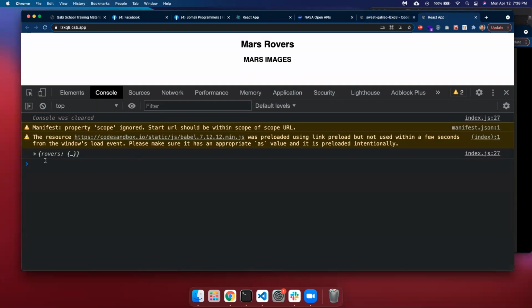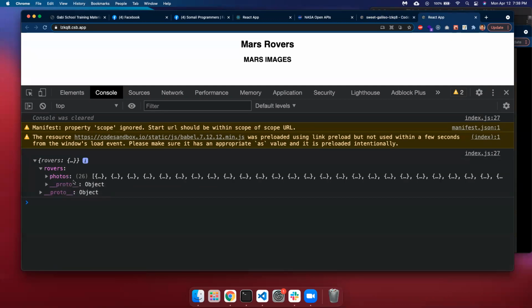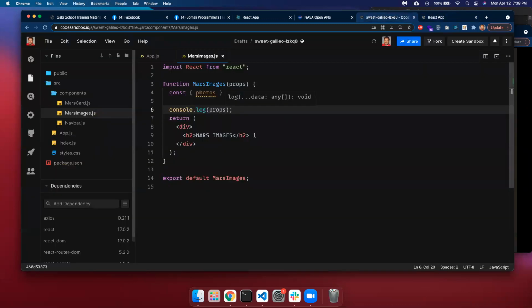And go back here. As you can see here, it says rovers. And then after that, it says photos, right? So all we're doing is just destructuring for this one. Now, what we're going to do is the mapping, right? So we're going to do the mapping, and then we're going to pass the data that comes back, which is each